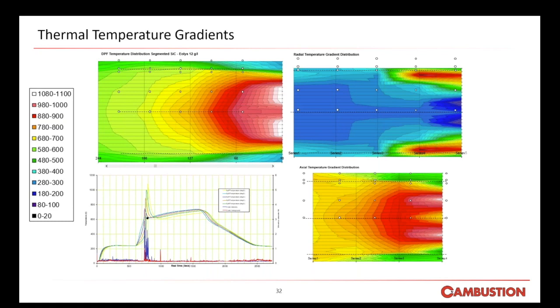It's important that thermocouples are closely spaced. The thermal gradients in the axial and radial directions for the peak of the exothermic temperature rise are plotted in the 2 colourful graphs on the right-hand side. You can see that these are the highest towards the rear of the filter, and they're greater in the axial